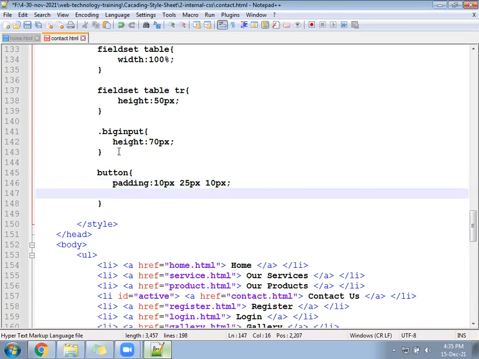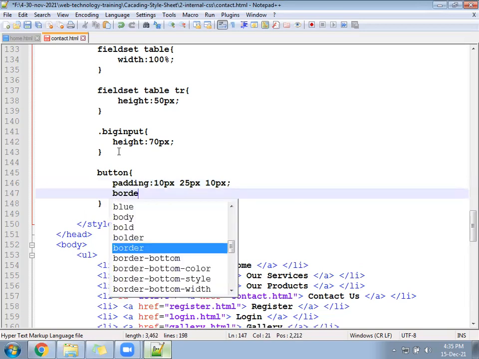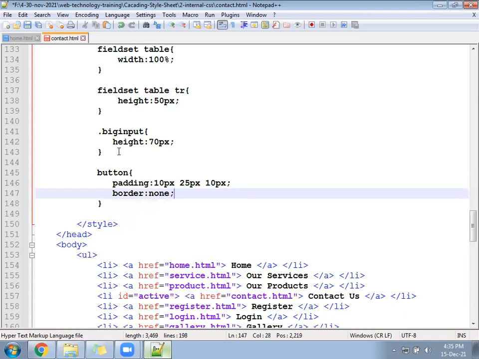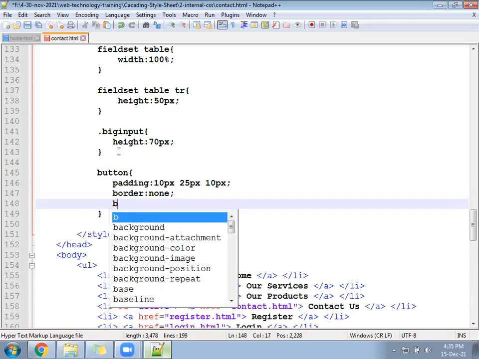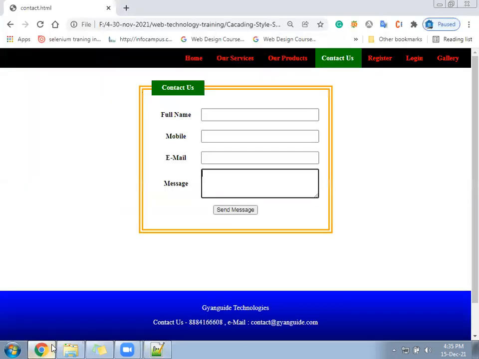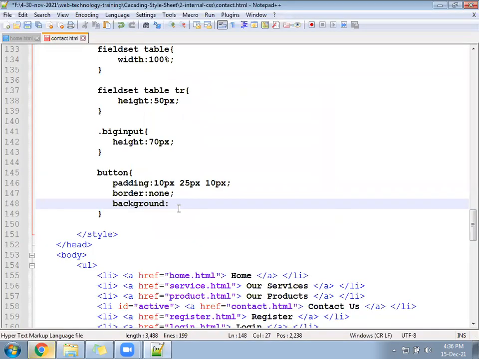Then no border should come, so we'll write border as none. Then the background of the button should come as which color? Let's check once here. Green color, because the green theme we are following.